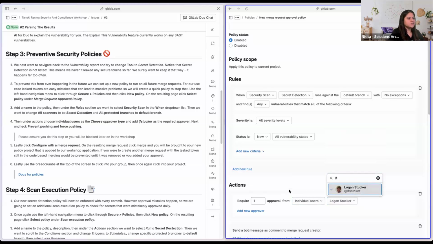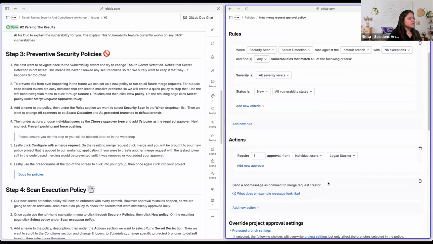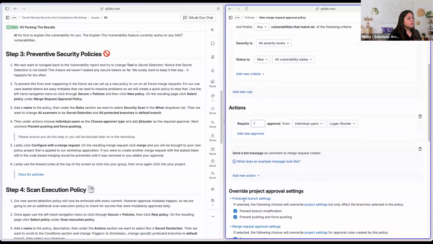He's there on the call, so if anything goes wrong, he can help us. So, requirement approval from individual user Logan Stucker. We define that. And one more thing to keep in mind, uncheck this